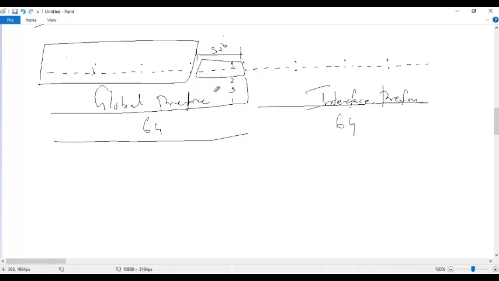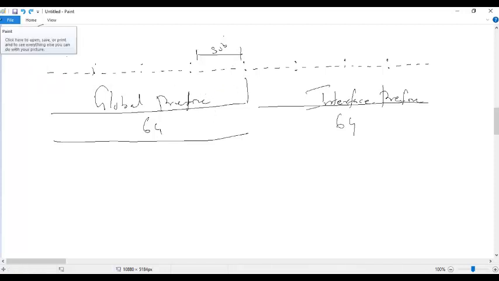You just need to turn on some bits in the fourth hexadate straight from the left. So global prefix means the network identification portion of the address. Interface prefix is the host identification portion of the network.